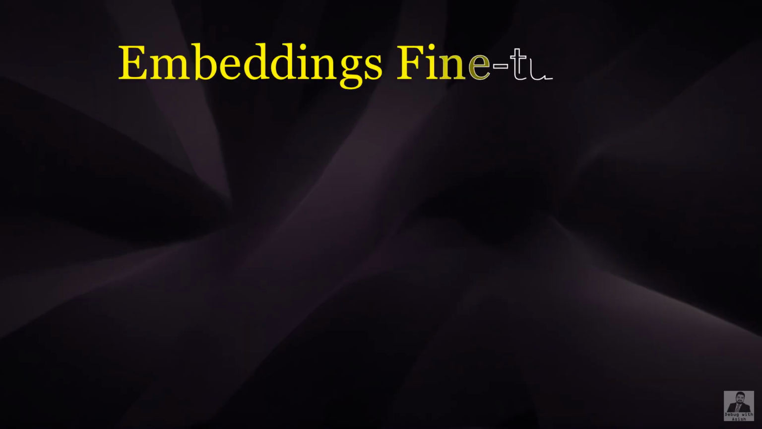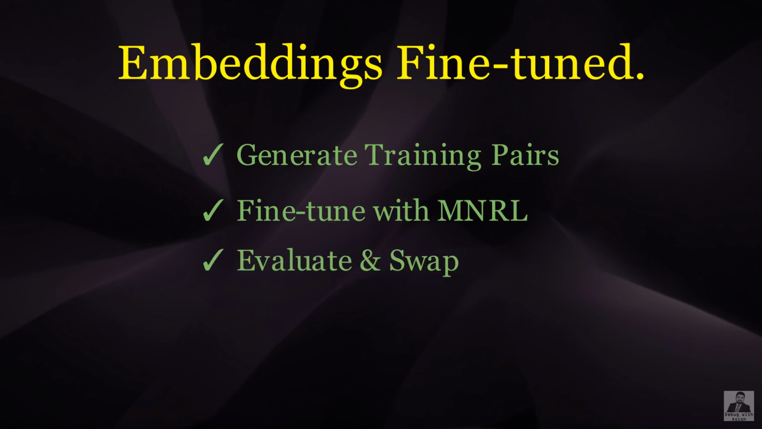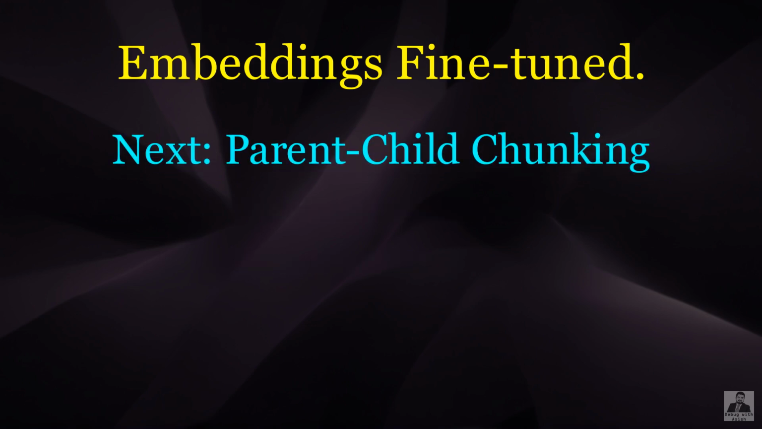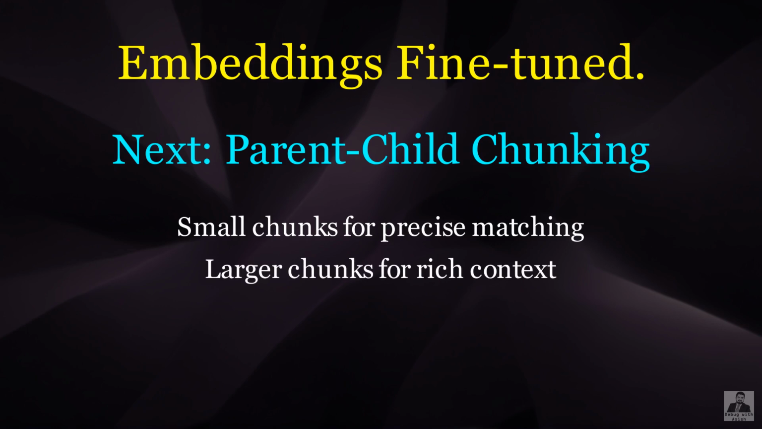You now know how to generate training pairs automatically from your documents, fine-tune an embedding model using MultipleNegativesRankingLoss, and swap the result into your existing pipeline with a full RAGAS evaluation to confirm the improvement. In the next episode, we cover parent-child chunking, a retrieval strategy that stores small, precise chunks for matching, but returns larger surrounding chunks to give the